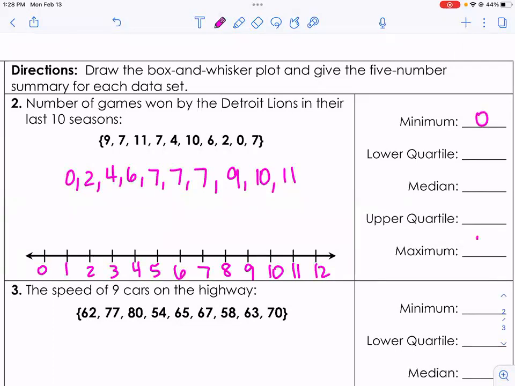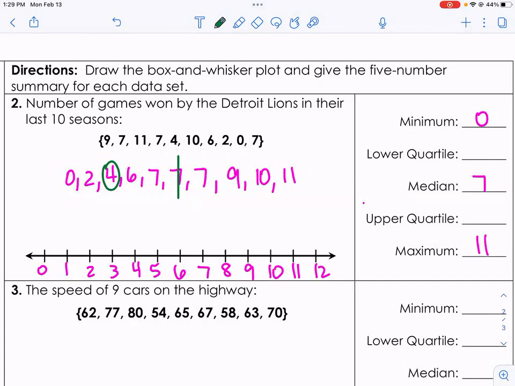Okay, so I had a pretty good question that some of you might also have as you're finding the quartiles. It looks like your median is 7, right? It's right there. Okay, so it's out. You are not going to use it when you're finding the quartiles. So your lower quartile is going to be 4. And your upper quartile,